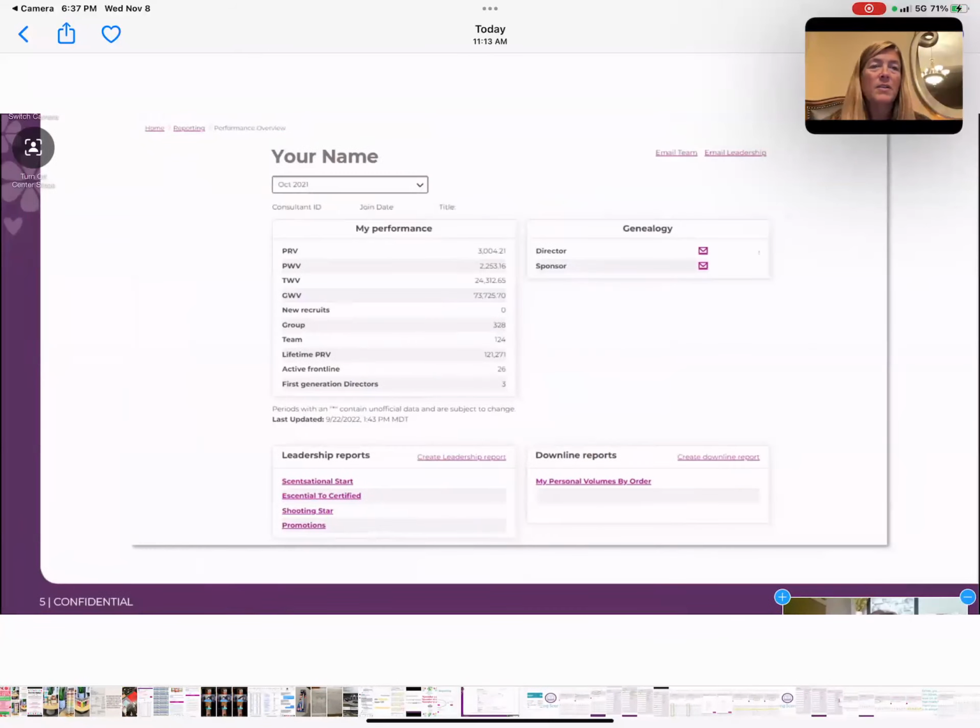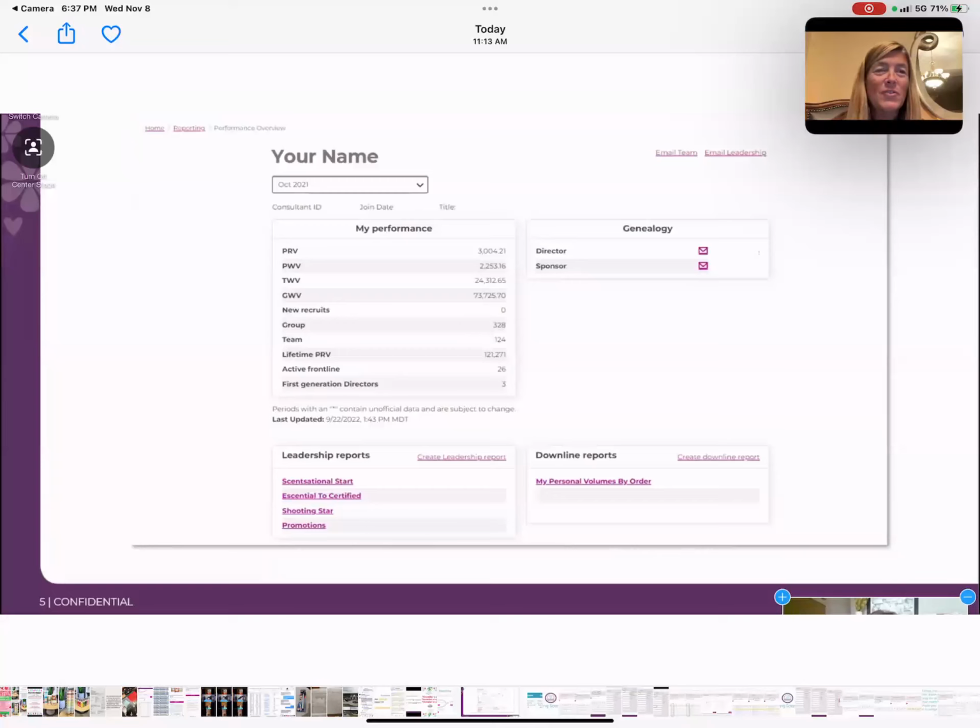And the next thing you're going to see is this part here. Now, there are 5 really important components that we will be talking about also when we're talking about the BAR report here in a minute. But there's 5 things that need to be your primary focus. It's only 4 if you're not a director yet.